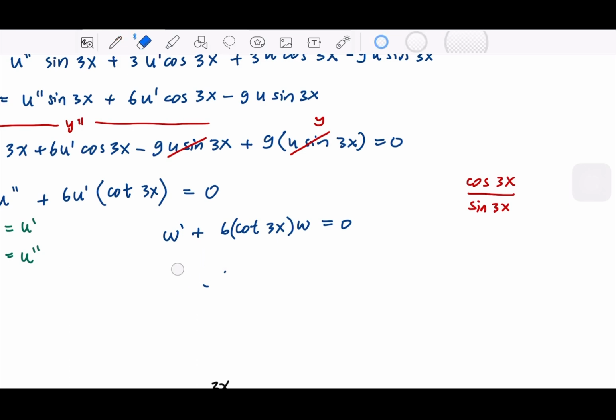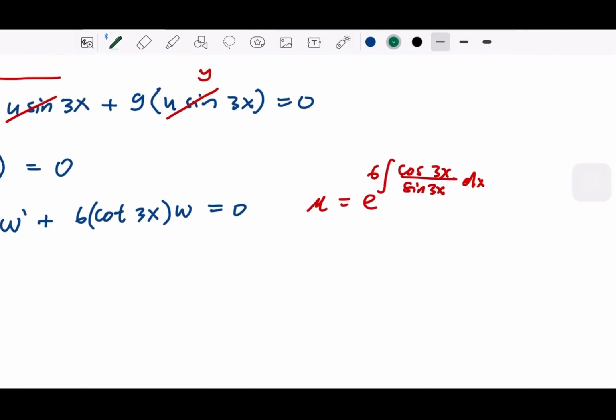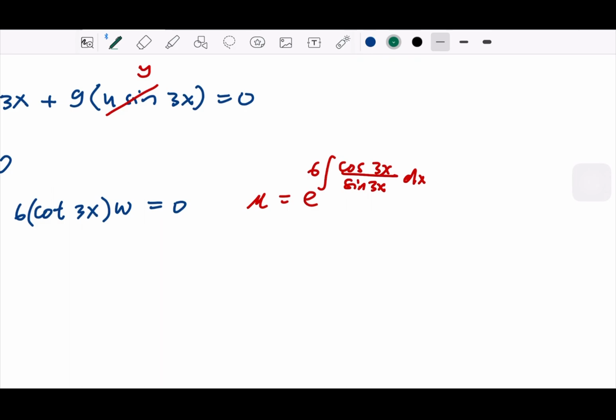I think we need to take the integrating factor first. It is e to the integral of 6 cosine 3x over sine 3x dx. I forgot to multiply with this, oh, this is 6, sorry. So cosine 3x over sine 3x. What is the integral of the cotangent? I think we can just do some substitutions here, right? We can substitute